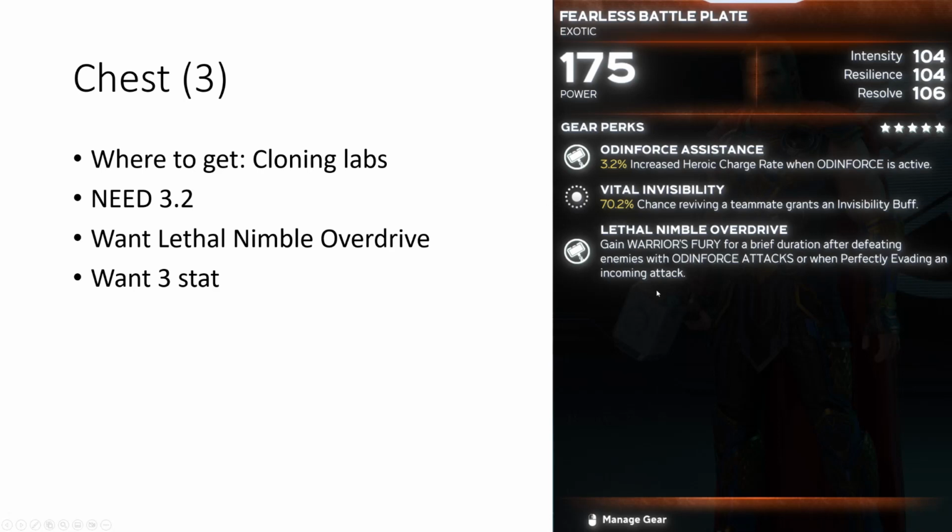The best bottom perk is this lethal nimble overdrive. If you kill an enemy with Odin Force attacks or perfect evade, you get a 4-second Warrior's Fury just for yourself. It doesn't buff the teammates, but it's a nice emergency thing to have. This middle perk right here, who cares? But I think you can get a perk that gives you, what are they called? Nanite augments. You'd want that in the middle over this, but this is pretty much a perfect piece,